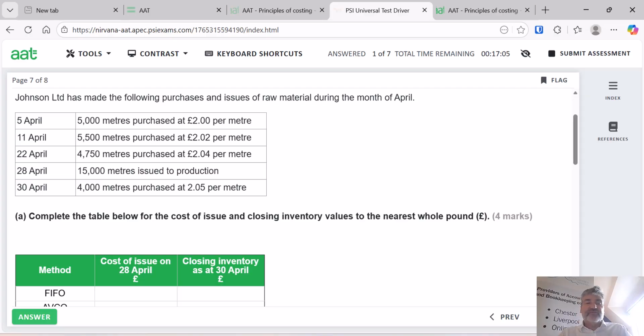How many more units do we need to draw from inventory to get to our 15,000? Remember, 10,500 have been drawn so far. That means we need to draw another 4,500, which will come from the most recent purchases because they're now the oldest that we hold. They will come from the most recent 4,750 metres held. If we draw that 4,500, the purchase price that we paid was £2.04. So that is a cost in total of